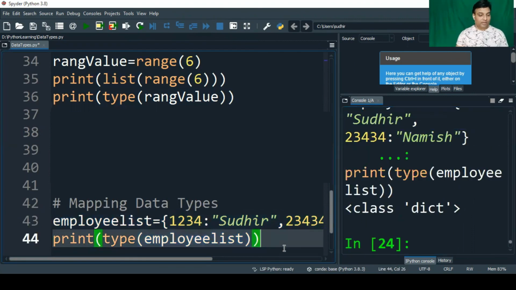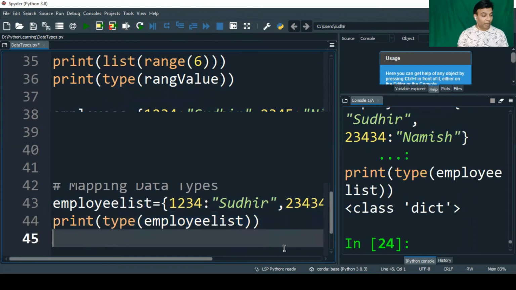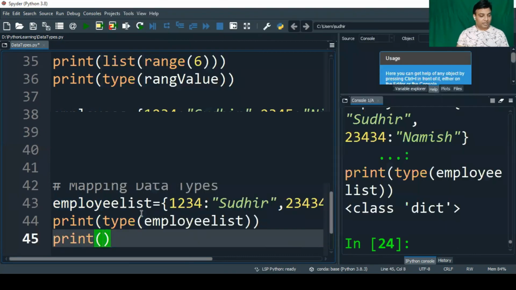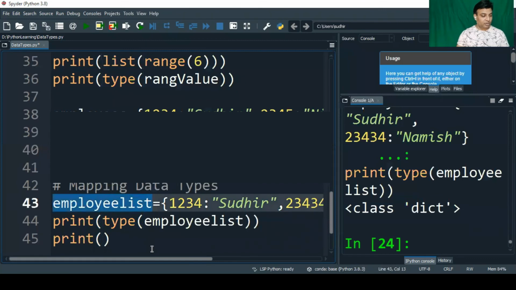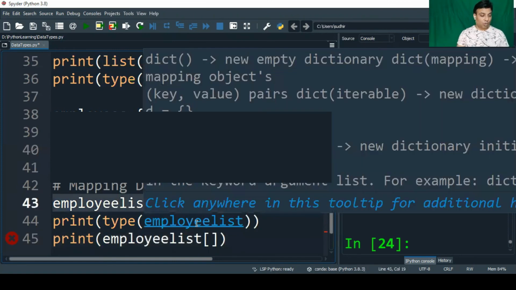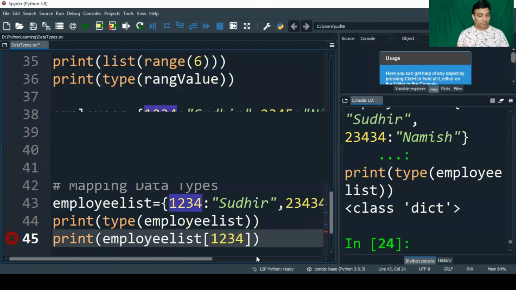Let's check the mapping as well. I'm just going to print how you will get the related mapping. Put this variable name employee list, and over here, what is your key? 1234.